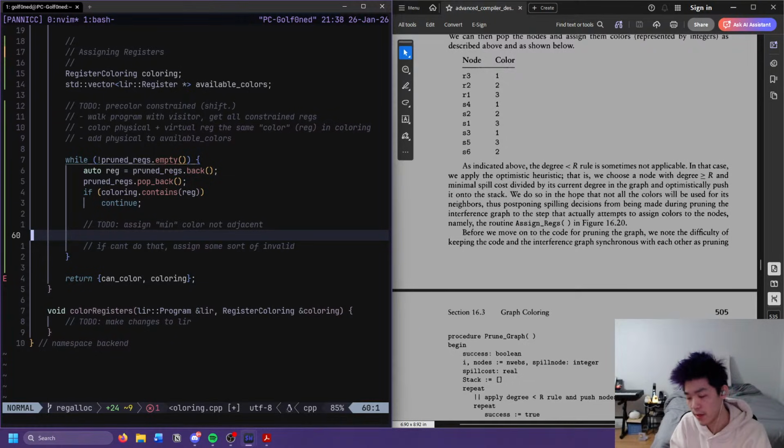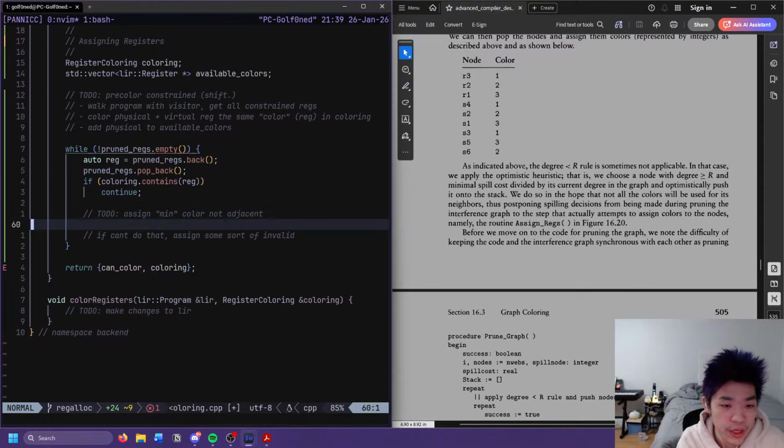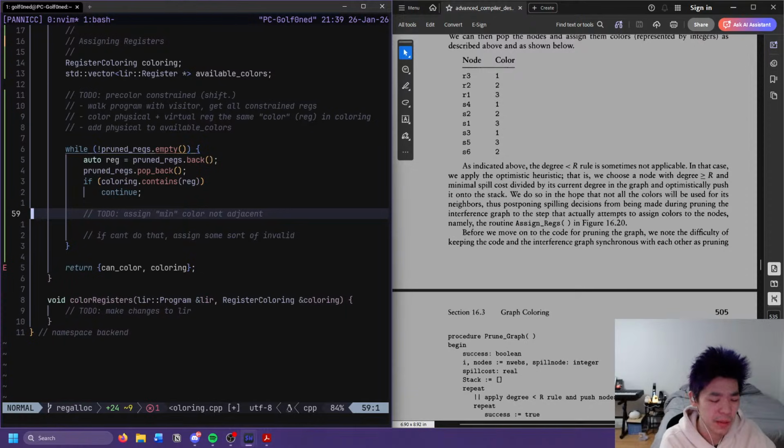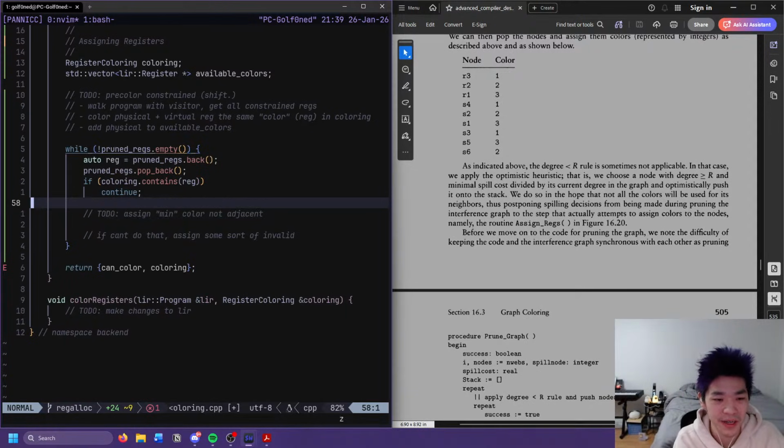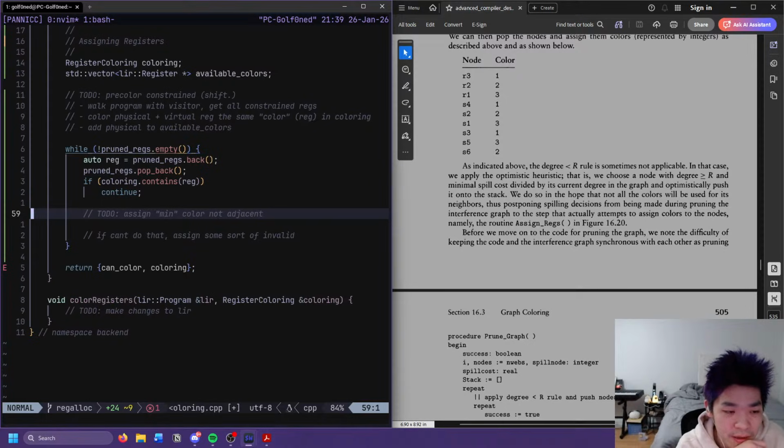And then if it isn't a physical register, we give it null pointer, I guess. I guess we would dynamic cast to the child class, which would be virtual register. Okay, maybe I designed these classes in a poor way, now that I've said that out loud. Okay, let's do this.